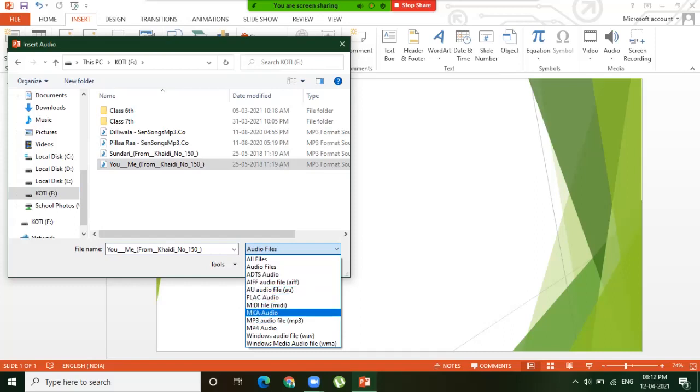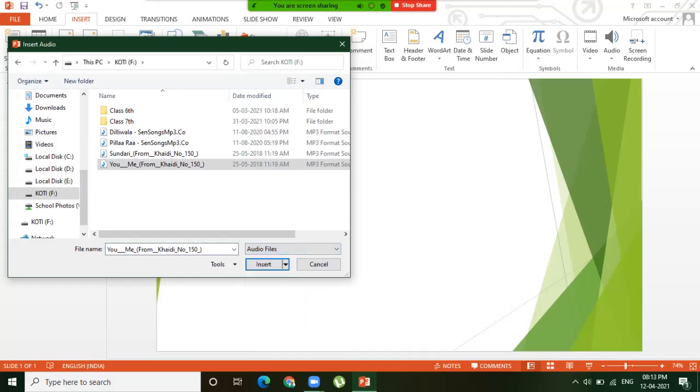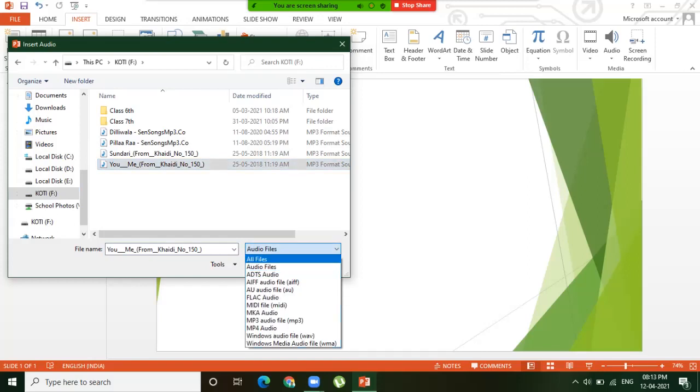All of you know that MP3 files means audio files. So here they have mentioned the different types of audio files and their formats. All these formats are supported in the PowerPoint presentation.